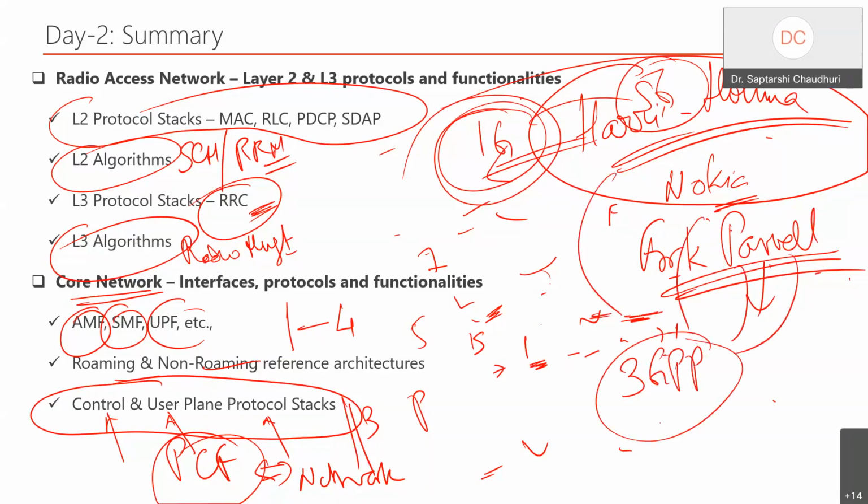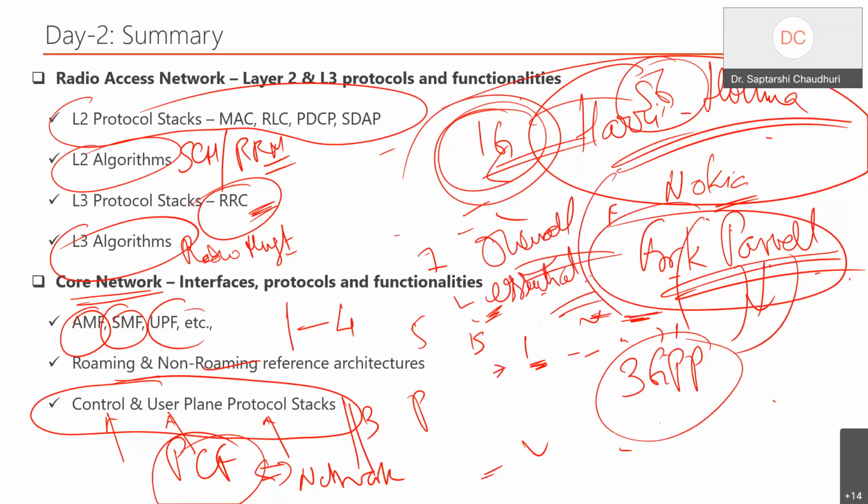Erik is the one who defined the overall architecture of 5G, one of his essential patents, governing how things will look. He has written a book, and you can check.